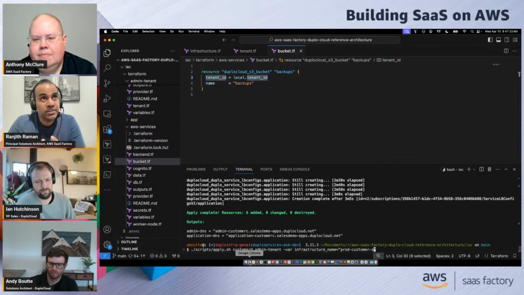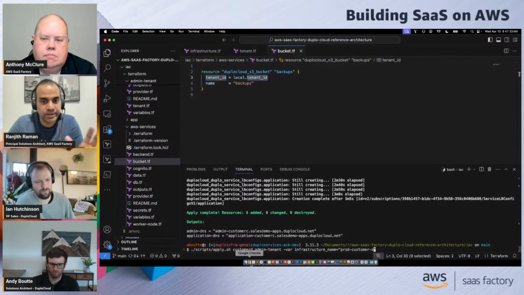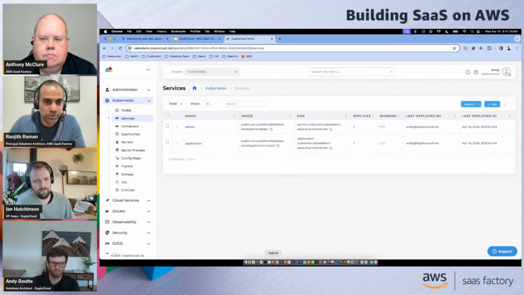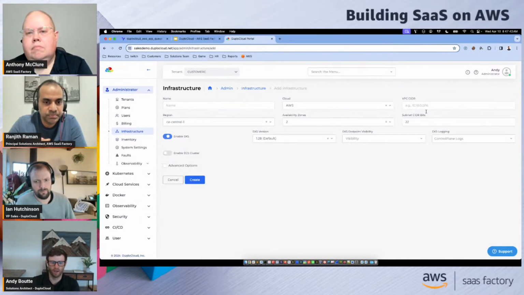And the other thing is, we are focusing a lot on Kubernetes and EKS, and the solution that Andy and I built is focused on EKS, but DuploCloud also supports other options, like ECS. So you do support ECS as well, right, Andy? Yep. If we go back to the DuploCloud infrastructure, if I were to show creating another one, here we have ECS. So again, just a toggle: turn it on, turn it off.